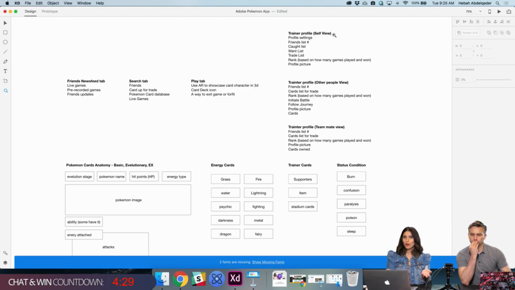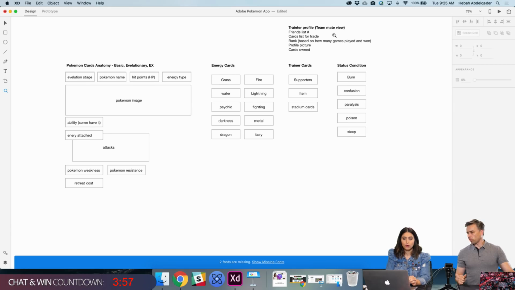So if you guys watch Pokemon, you know that Ash has a few friends, like an entourage, that are with him throughout his journey. So that's his team. And as I was learning about the game, basically 2 people can battle 2 people, 3 people can battle 3 people, so you have your own team. But for a minimal viable product, I don't think this will make the cut. I feel like this would be phase 2, the next release. But for right now, those are the tabs that we're going to be focusing on.